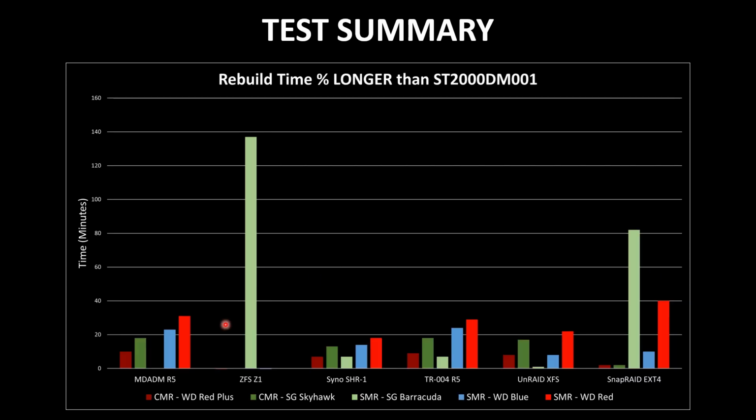And now here's the summary for the rebuild time. Now this is the percent longer than it took the ST2000DM001 to rebuild a single disk in a 4-disk array. And so we have here MDADM RAID 5, ZFS RAID Z1, Synology SHR1, the QNAP TR004 RAID 5, hardware RAID 5, UnRAID XFS, and then the SnapRAID EXT4. And this is time in minutes over here on the left. Sorry, that should actually be percentage. I apologize. That is percentage more than what it took